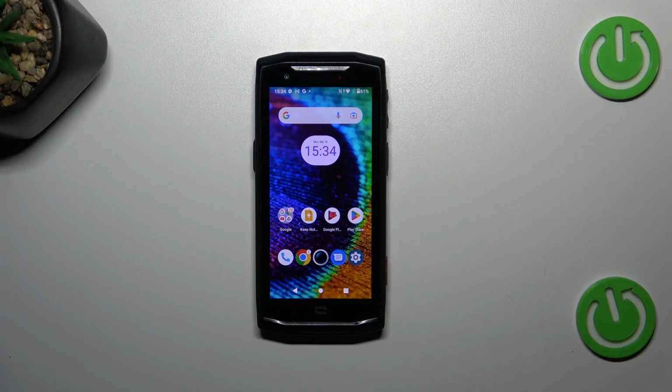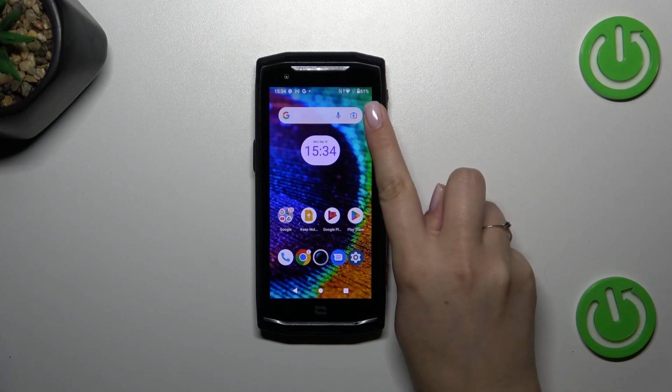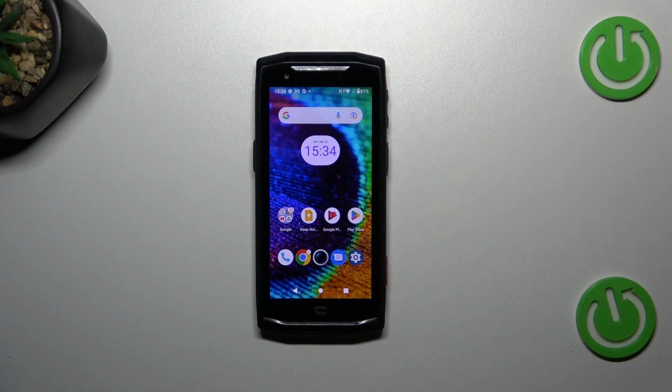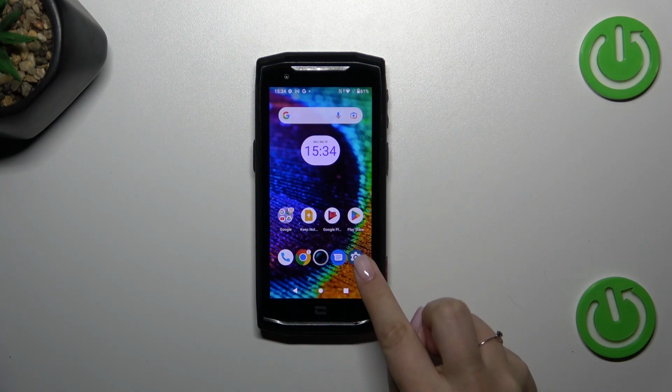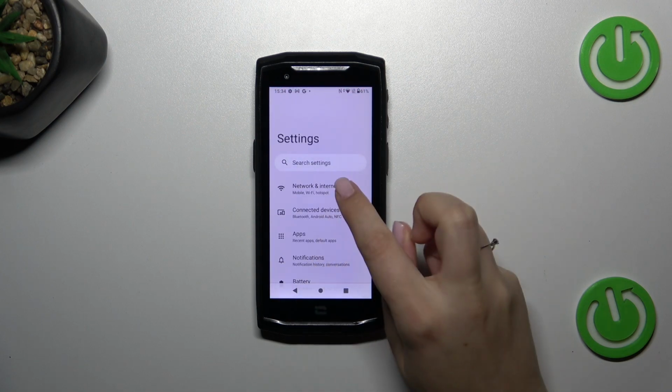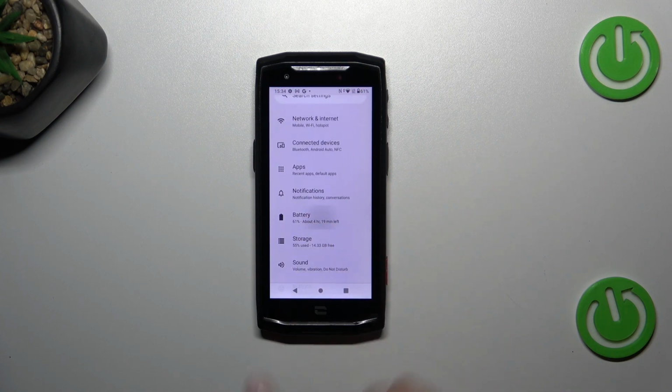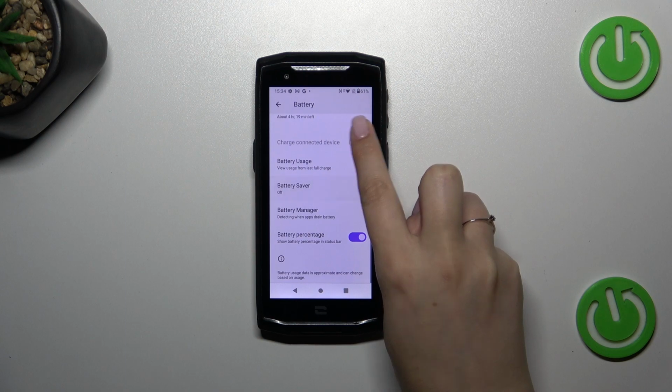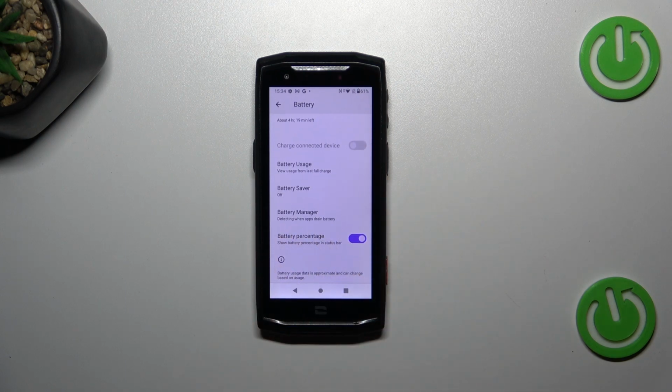So if you've got only the battery indicator and if you want to have the percentage just like I have applied, then all you have to do is to enter the settings and then scroll down a little bit to find the battery. Now let's scroll down, and as you can see here we've got the battery percentage option. Probably you've got it turned off, so all you have to do is to tap on the switcher,